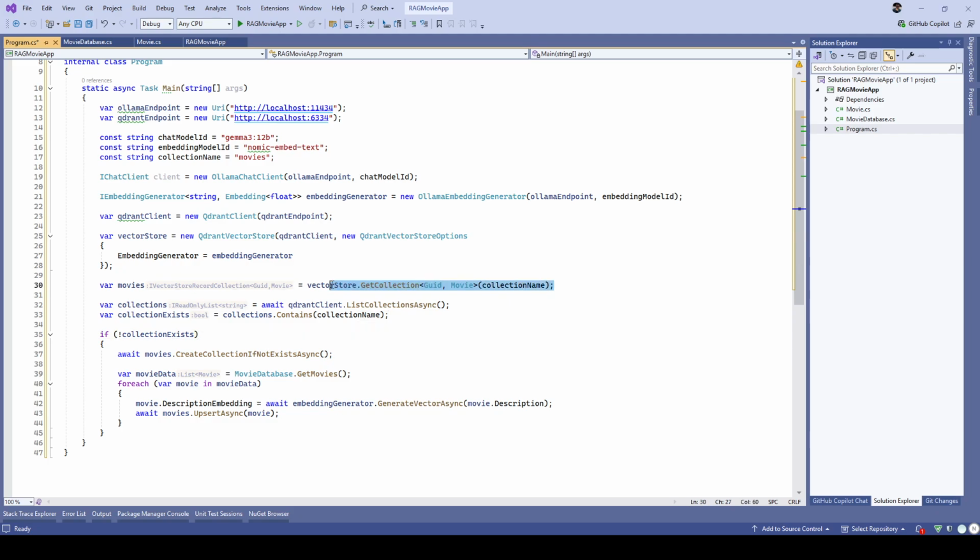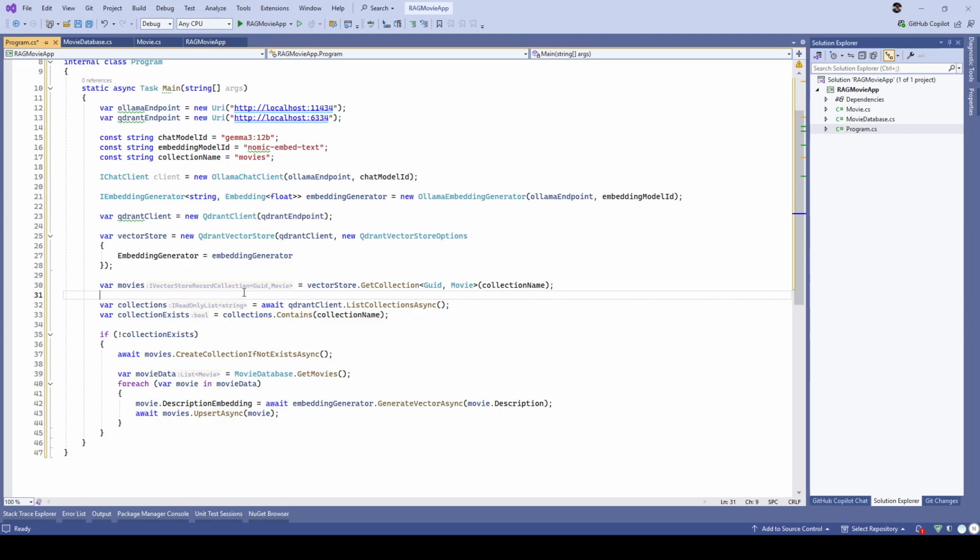I need to get the collection and all the information there because I want to have the whole information and check the similarity between my questions and those. So GUID is the key type and the movie is the model. Based on my collection name, I can fetch them,